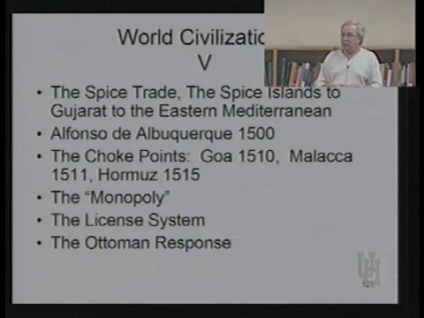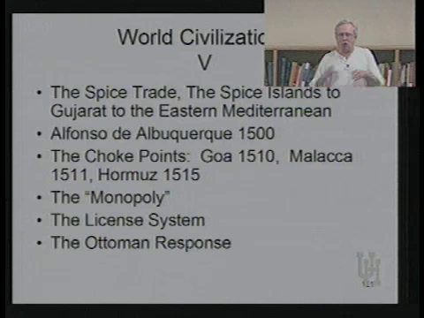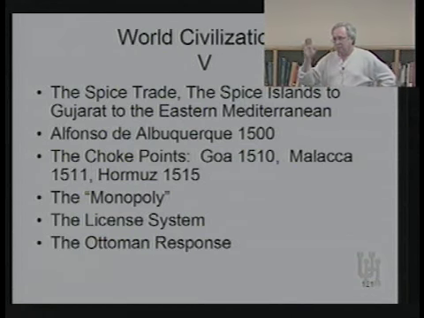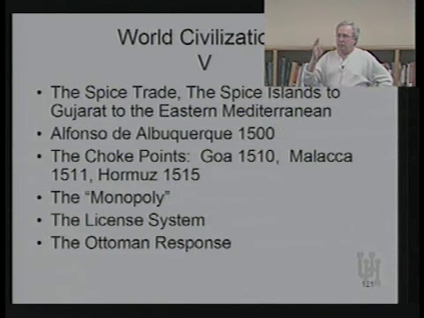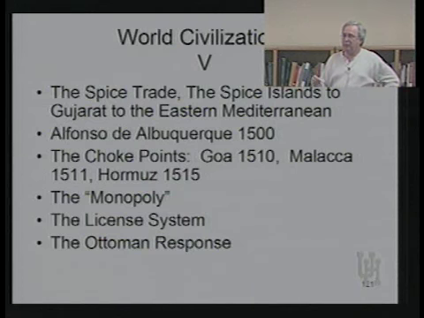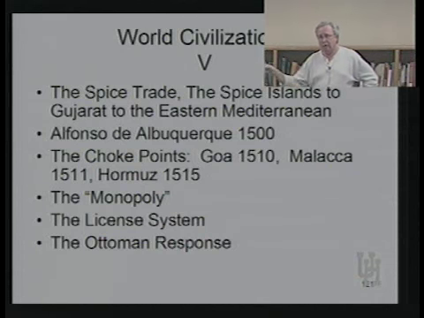Another reason why it wouldn't work is that the Ottoman Empire was also very interested in the spice trade, although it was more interested in simply taxing the trade. The Ottomans were not about to let the Portuguese just move into the Indian Ocean and start running things the way they wanted. So they would periodically attack the Portuguese. So aside from the limits of their own naval power, the rapid increase in smuggling that occurred as they tried to create this monopoly, there was also the constant challenge coming from the Ottoman Empire. So we have two major trading empires, one making sure that the other is not going to monopolize the trade